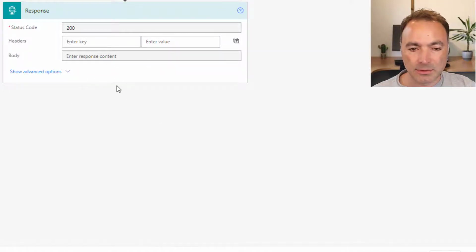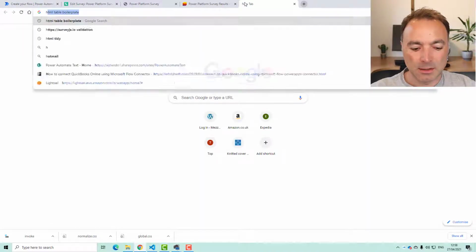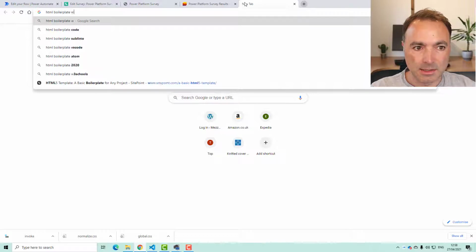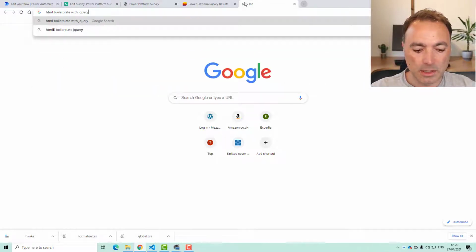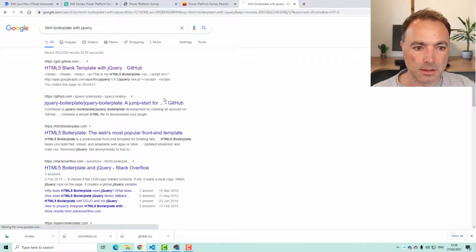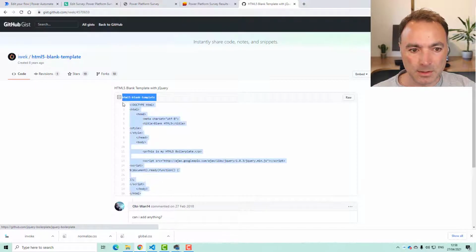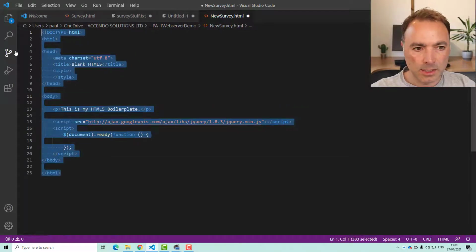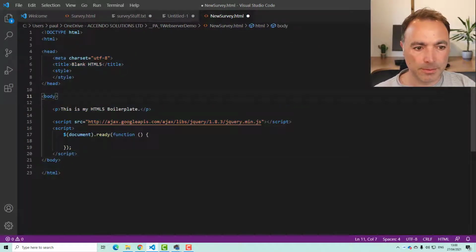So then instead of building this HTML myself, I'm just going to do a quick Google search for HTML boilerplate with jQuery. There we go. So we take that, paste it in here. Let's do Control K, Control F to format it a bit better.